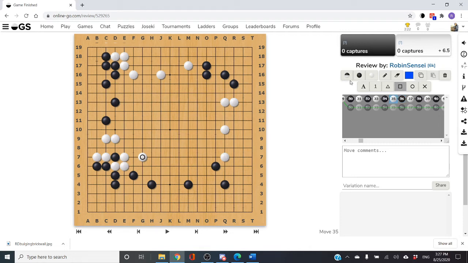I would have liked to have seen black do something either here to enlarge this territory, because the lower side is already secure, or maybe even come out somewhere like this to put pressure on the white group on the top, and reduce the territorial potential there. But nonetheless, black came out in the centre,